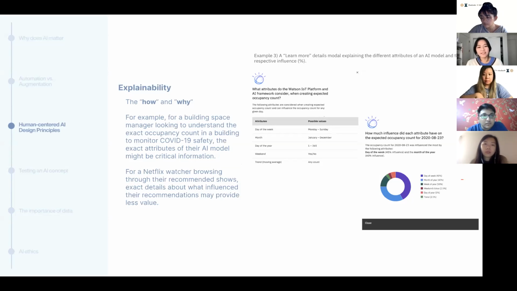And finally, again, this first example is specifically for a more technical user who has a high stakes role in this type of product. But let's say you're a Netflix watcher, just browsing through your recommended shows. If I saw information like this right off the bat, it would probably be a little bit overwhelming. And that's why you don't see this type of explanation as much in a consumer space, because it typically is, again, a little bit overwhelming for some people. But I do think that as companies or